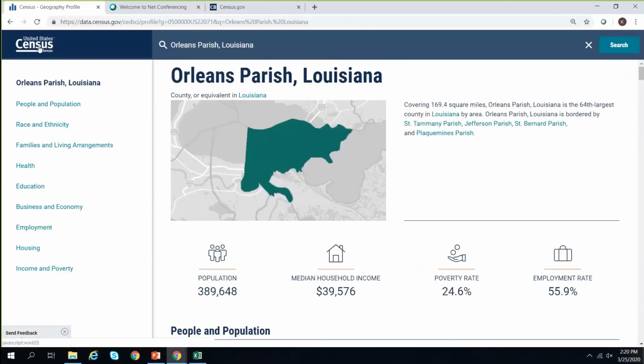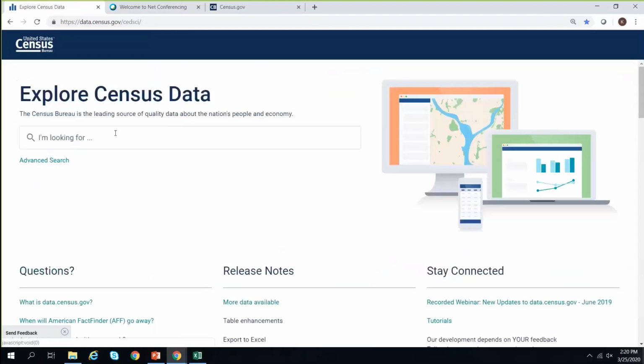So let me go back. This logo right here is a great way to clear. If you click on that, you've cleared things. Now I wanted to show you